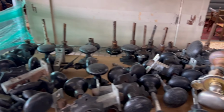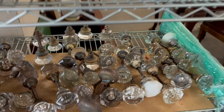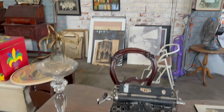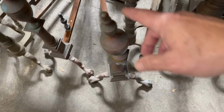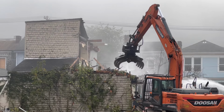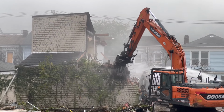They're like antique shops, but with a focus on house and building parts. Doors, hardware, ornate trim, even furniture and historic decorative pieces. They don't quite fit the thrift store mold since they skip the modern clutter, and they're not just antique stores either. When buildings are slated for demolition or major renovations, salvage stores step in to rescue the craftsmanship, whether it's